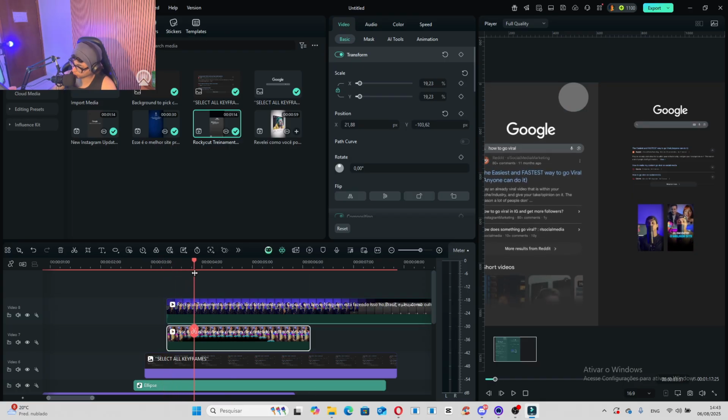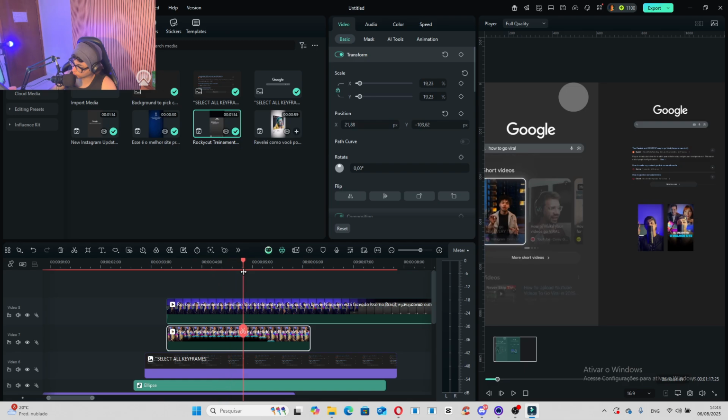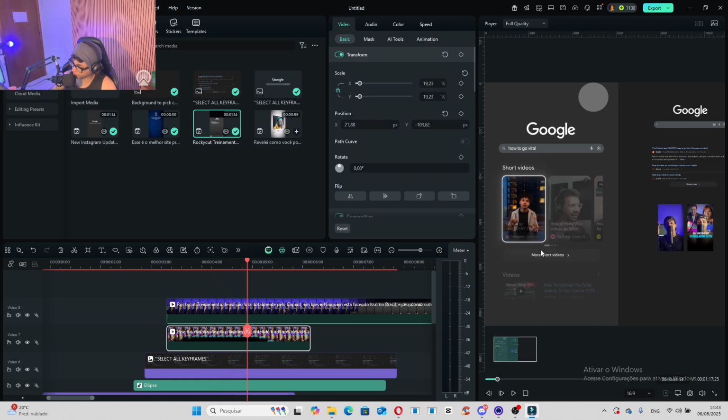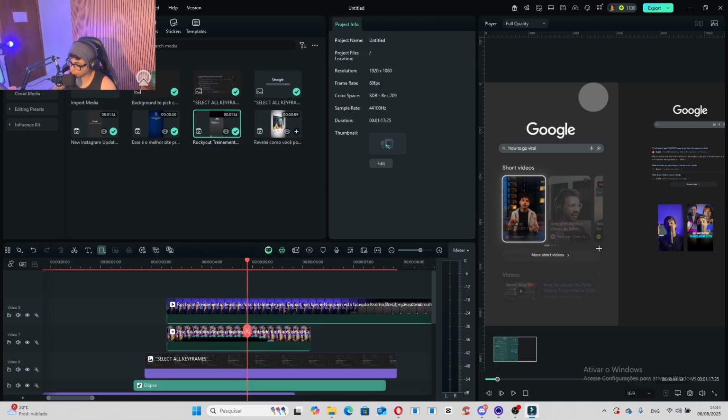The video is going to appear here and then it scrolls to the bottom. Okay, now we need to pick this same thing here, which is the button, more short videos. We are going to create one from scratch. Basically what you're gonna do, click here in forms, rectangle, and then you're gonna try to match the same size